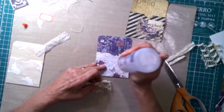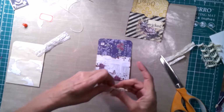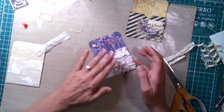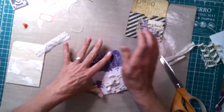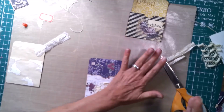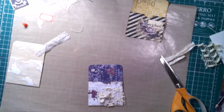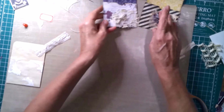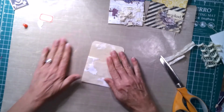Oh my gosh, sorry for all that. I'm just smearing this on here. And I'm happy with the way that is. I think that's enough. So I'm going to put that one aside. Put my needle over here. Now that I have glue all dried all over me. On this one,